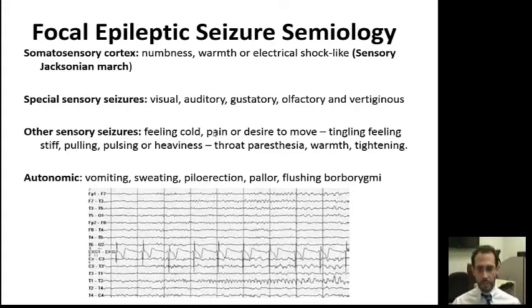This is an EEG just to show you what a focal epileptic seizure would look like. It's showing this abnormal discharge. We call that a spike followed by a slow wave, and it will pretty much be limited to just a few leads, and sometimes it can be transmitted to the closer leads. But you can see that the rest of the leads will be spared, showing a normal background, or a normal EEG brainwave.